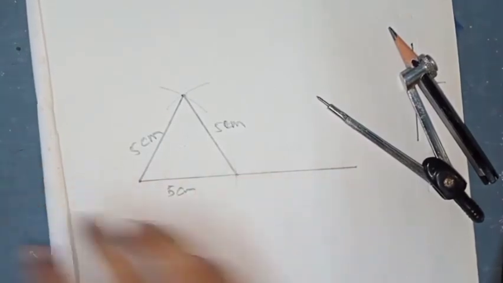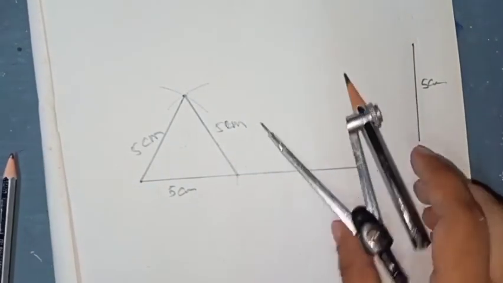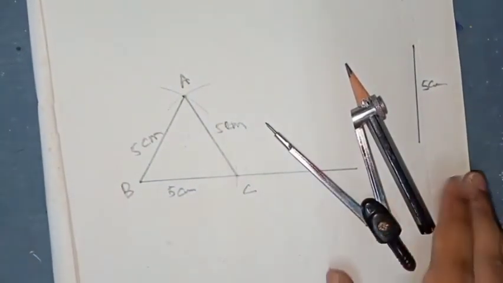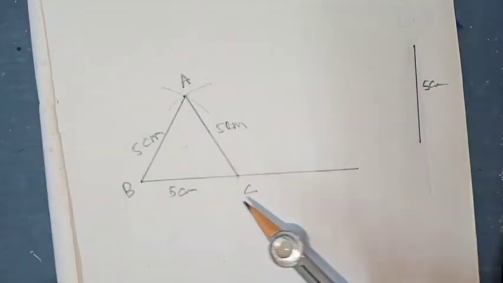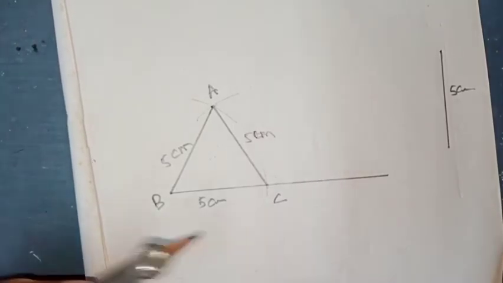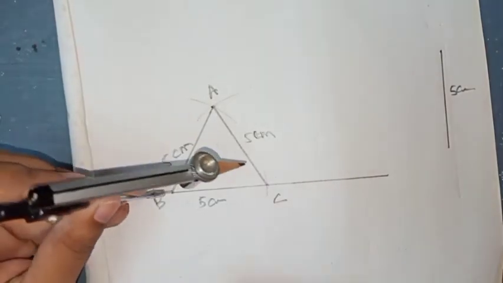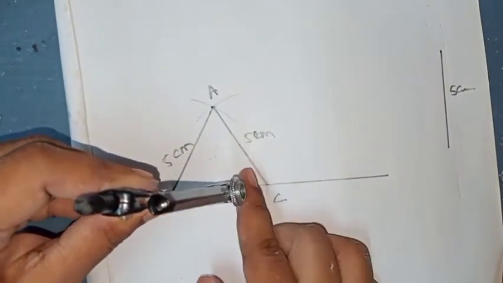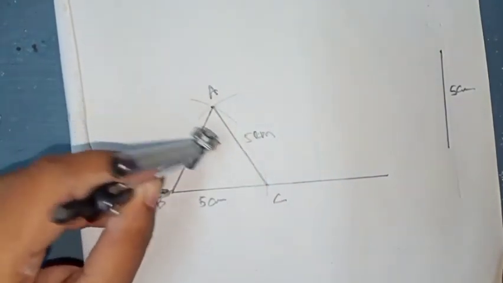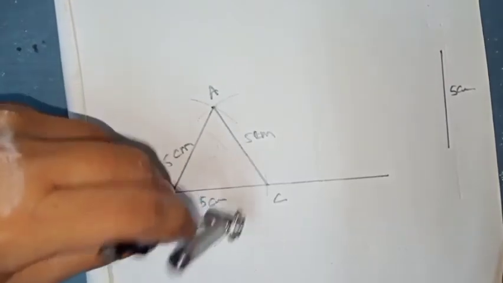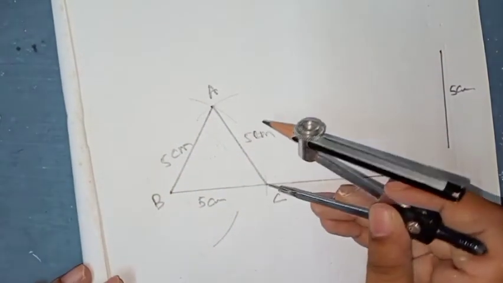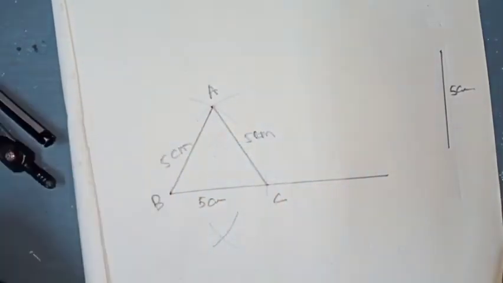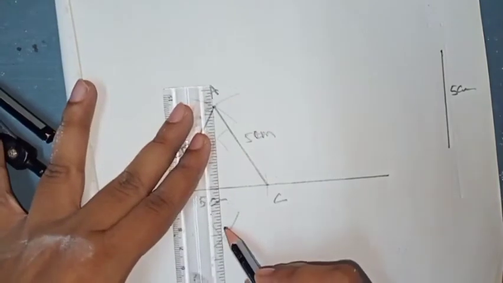Okay, now after doing this, they are telling you, so this is triangle ABC. After doing this, they are asking you to make the circumcircle. Now how will you make the circumcircle, because you have not done construction of a circumcircle, I am showing you. You will take more than half of line BC and cut up and down, meaning we have to make the perpendicular bisector. Again we will keep the compass in this point and cut up and down. So this one is your perpendicular bisector of side